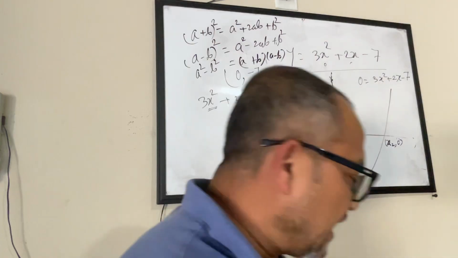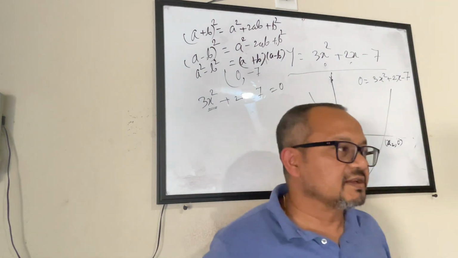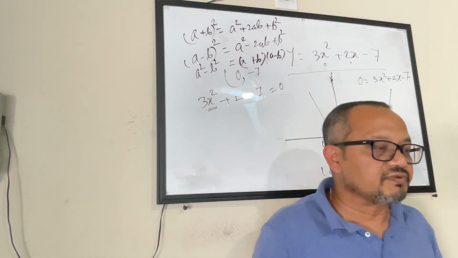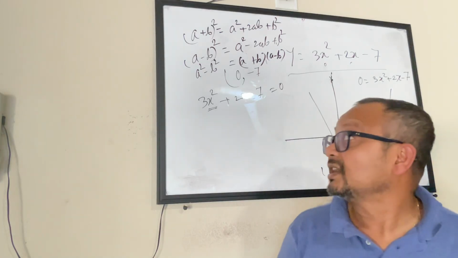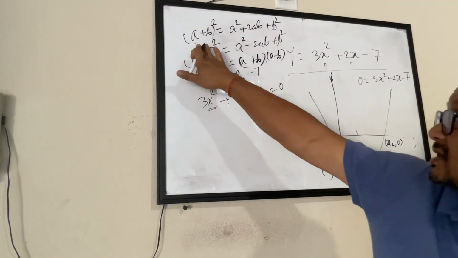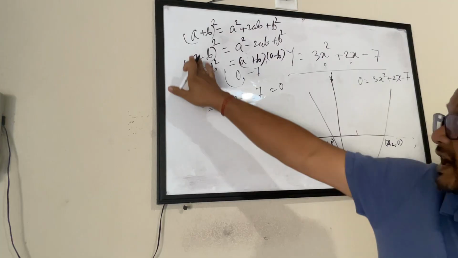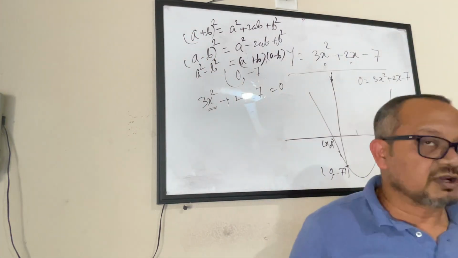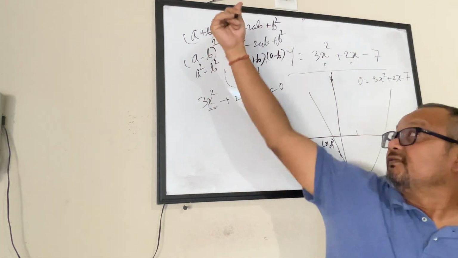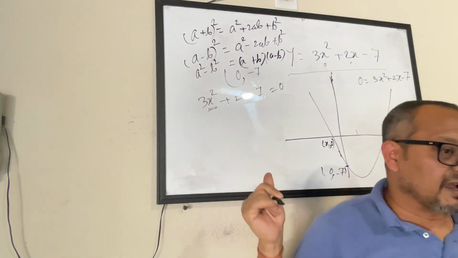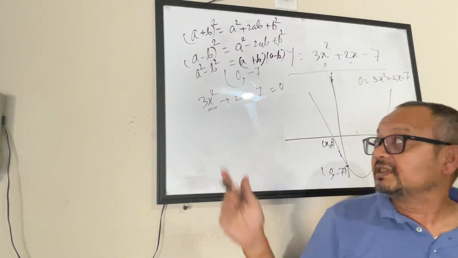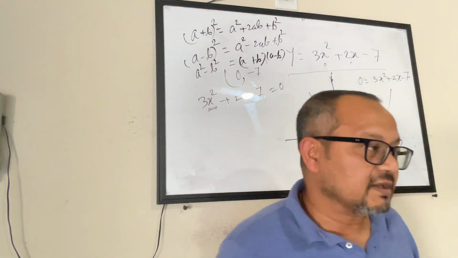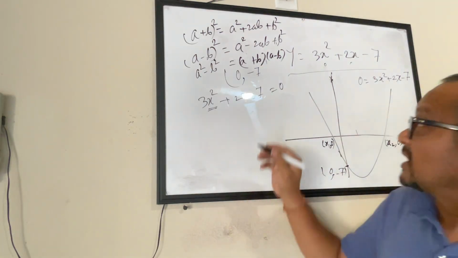So whenever we have a quadratic equation to deal with, we try choosing one of the three approaches which helps us solve it for x. One is we try relating that with one of the three generic formulas that we have: (a plus b) whole square, (a minus b) whole square, a square minus b square. We see if it relates directly with that and convert into that form, and then we solve it for that. That is one approach. Second is we look at